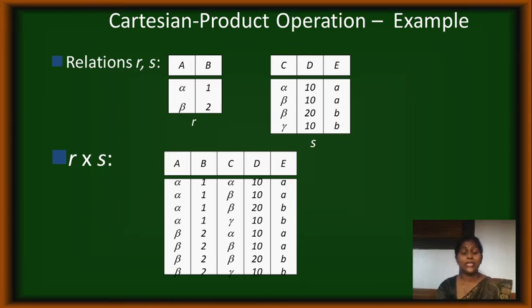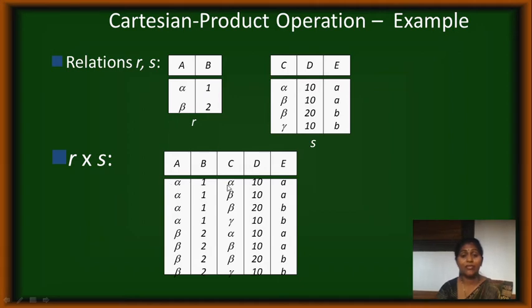Okay. So next we have the operation called Cartesian product. What does this Cartesian product do? If you have two tables R and S, then every element of R is combined with every element of S, and that is called a Cartesian product. Let us see here. I have R as alpha 1, and then how many values in S? Alpha 10A, beta 10A, beta 20B, and gamma 10A, like this, right? These are the 4 values. Here I have one.